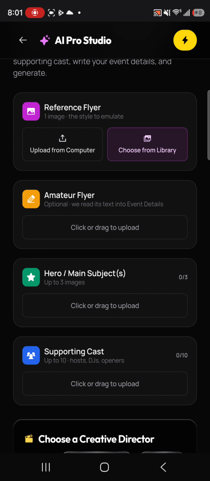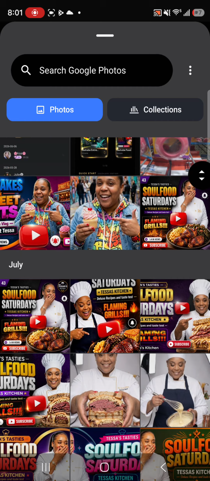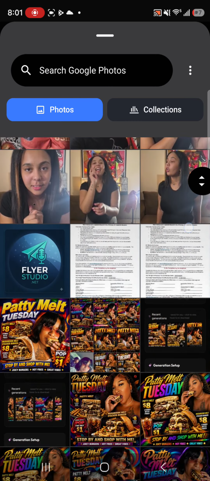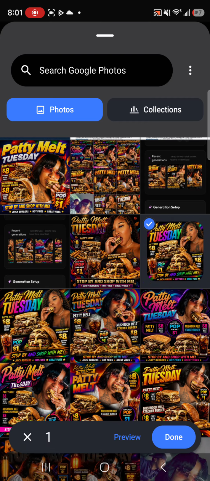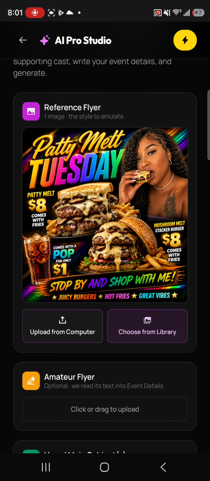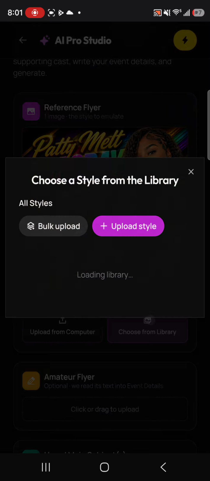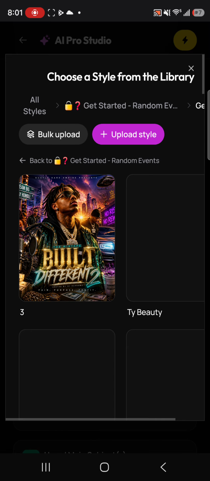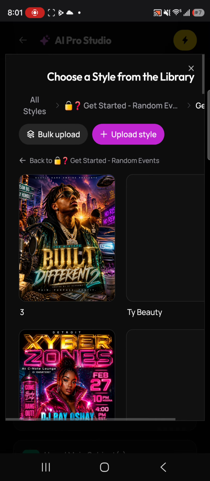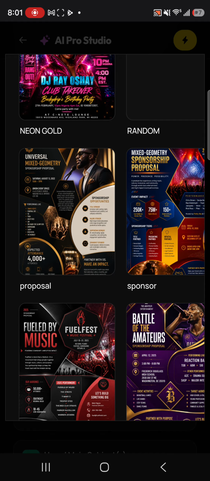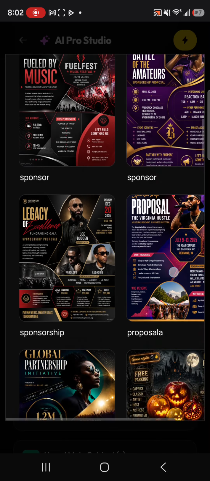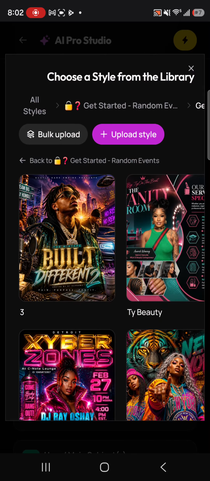So for reference flyer, you can either choose a flyer that you like. So for example, maybe we like this flyer. I'm just picking random. We like this flyer, or you can choose from your library. Click the library, and you can hit styles, and you'll have the option to pick from hundreds of styles. We have hundreds and hundreds of styles, and you can just pick that,